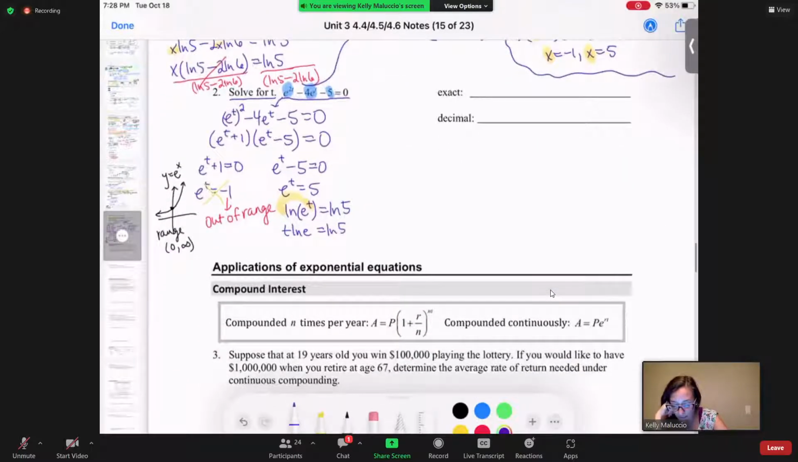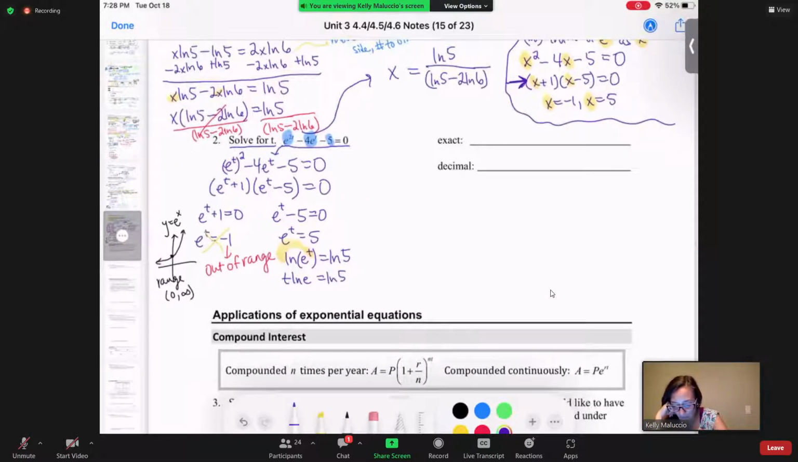So the cool thing here is that this just equals 1. So I get t ln 5. And that was really nice, right? So my exact answer is ln 5. And then my decimal, you put that in your calculator, and they said to 3 places. So you're just doing ln 5,